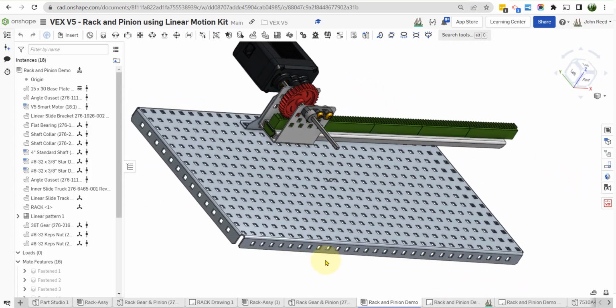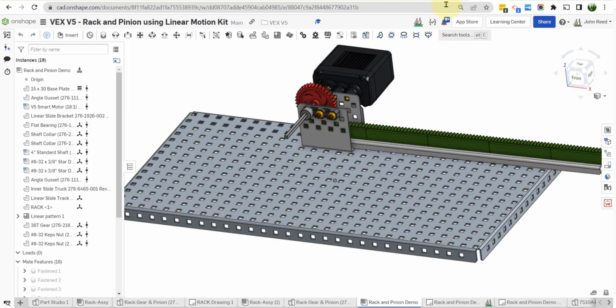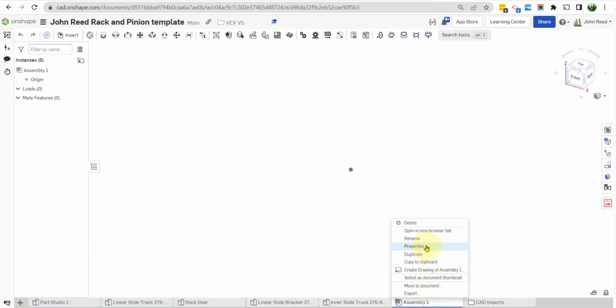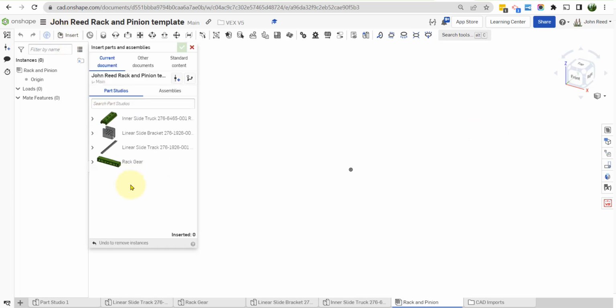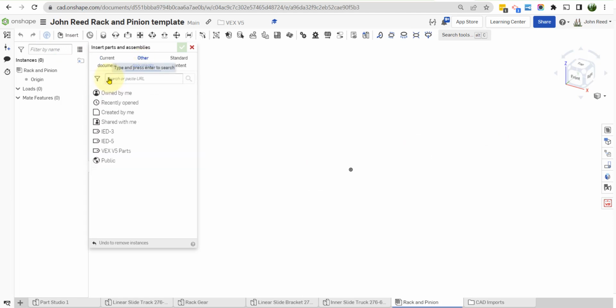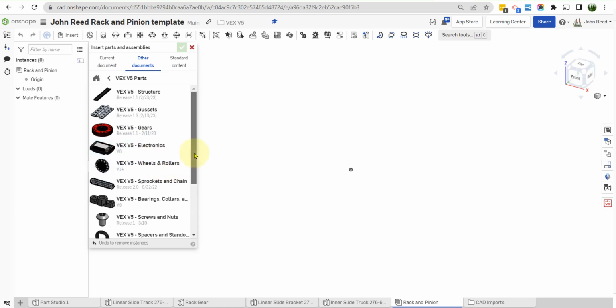And so we've just got to apply some constraints and we'll have this. So let's give that a try. First thing we want to do is go into the assembly and let's rename it rack and pinion. Just rack and pinion. Let's go insert. And we're going to have to go to other documents and go to the VEX V5 tab here, VEX V5 parts. And the first thing we want to do is put in a